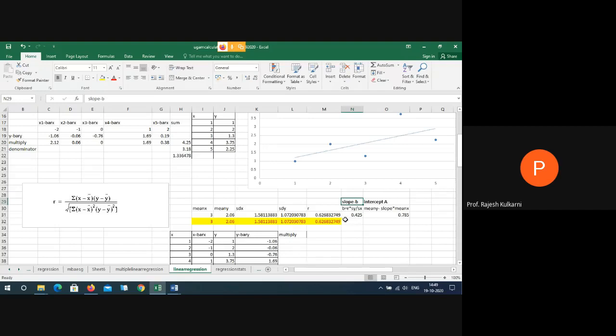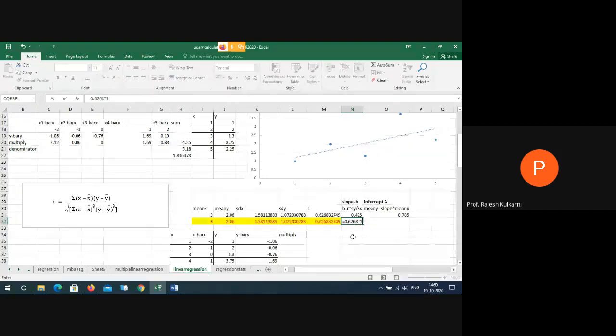So we'll calculate this value also. Tell me the value of R. Where is the value of R? Okay, 0.6268, it will go up to 4 decimals. Okay. So multiplied by standard deviation of y, how much?